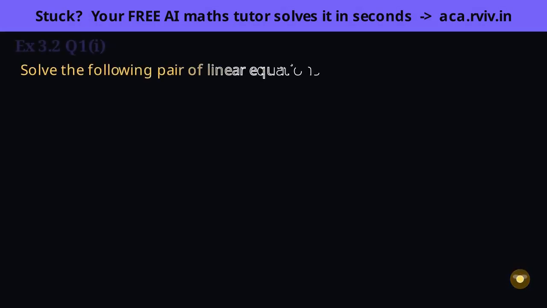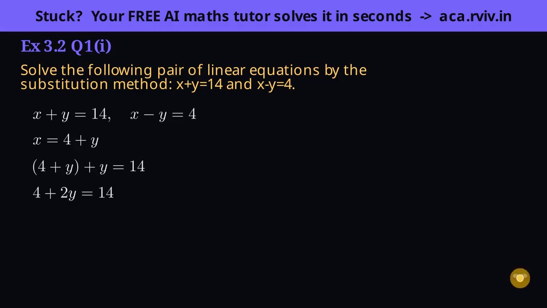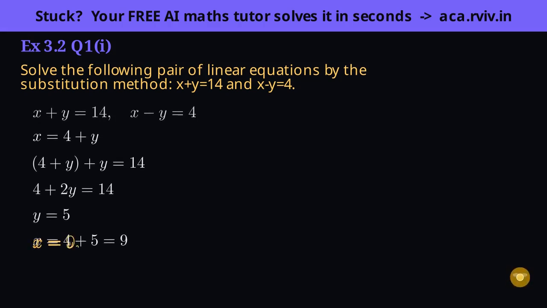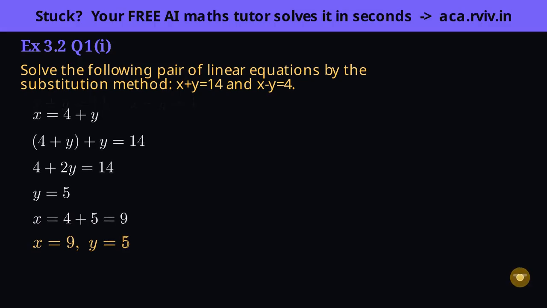One equation is almost solved already. Set up: isolate one variable from the simpler equation, then substitute. Isolate x from the second equation. Substitute into the first. Combine like terms. Solve for y. Back substitute for x. Insight: when one equation is nearly solved for a variable, substitution is just a step or two.